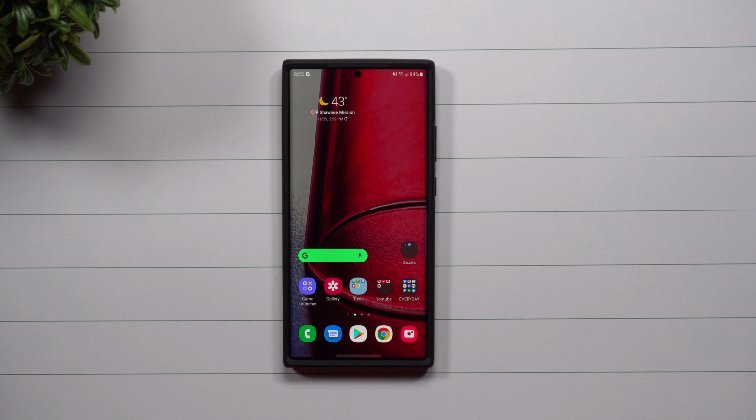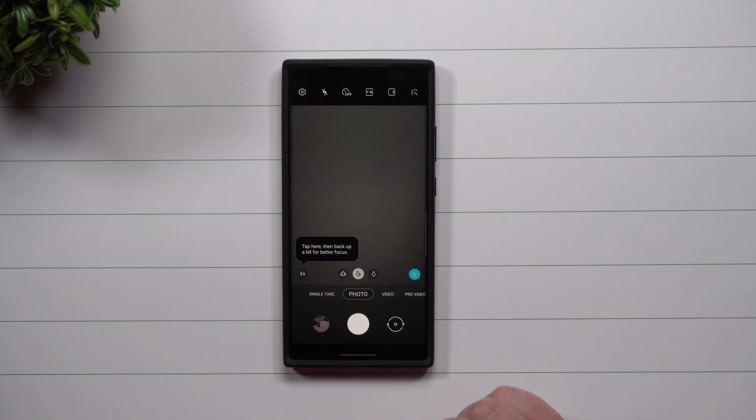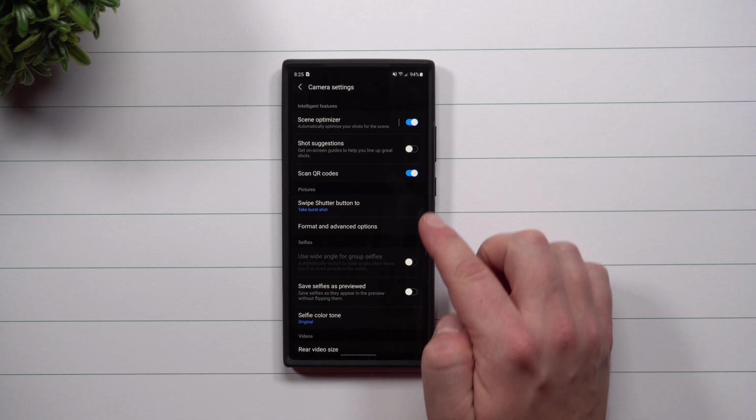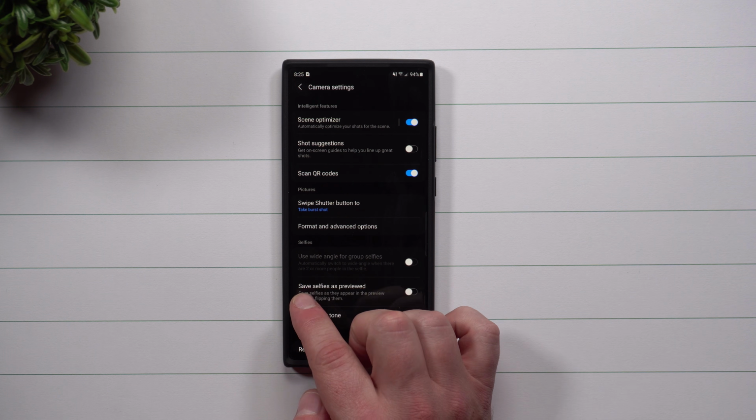Today I'm going to give you guys a few different tips and tricks you're able to use inside of your camera, so this way you can take better selfies. So the first thing that I usually always do is go right inside of the settings option. Then as you take a look down the screen, you're going to see an option here that's called Save Selfies